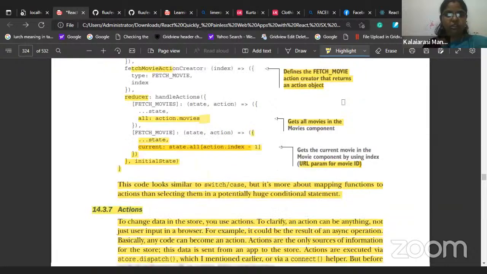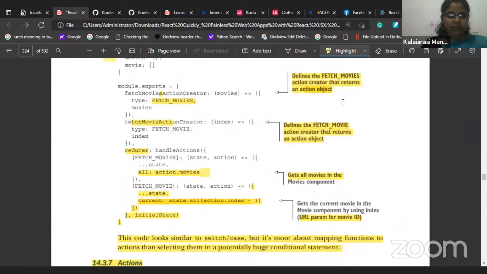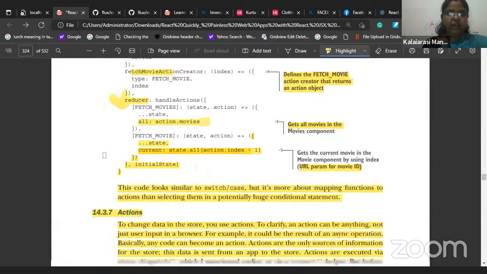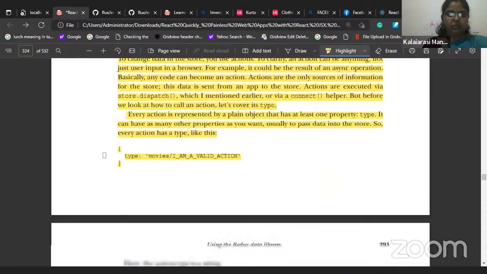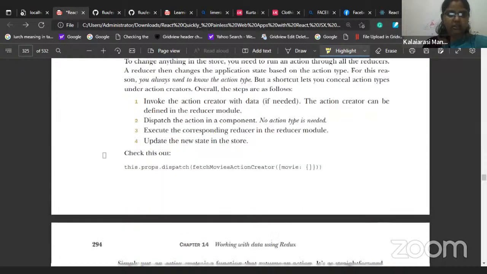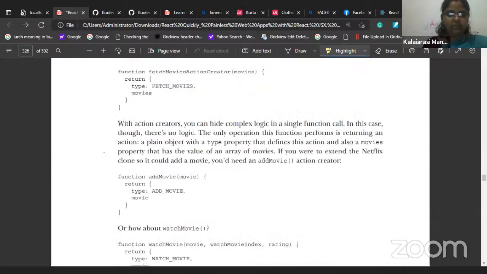So this is the part where you are exactly implementing Redux, your reducer, and your action. So these are all explanations, so let me skip them. Now,